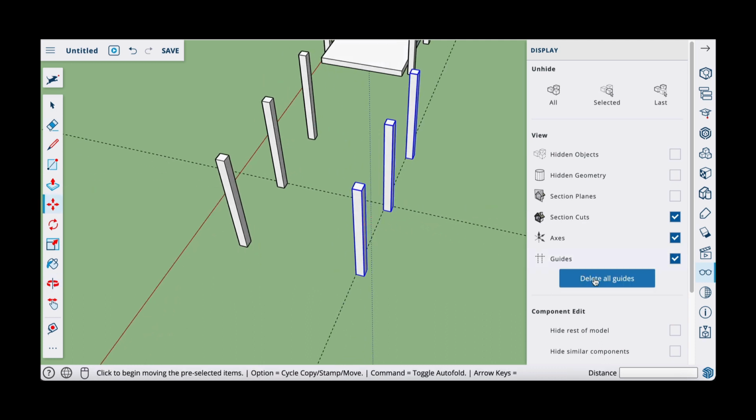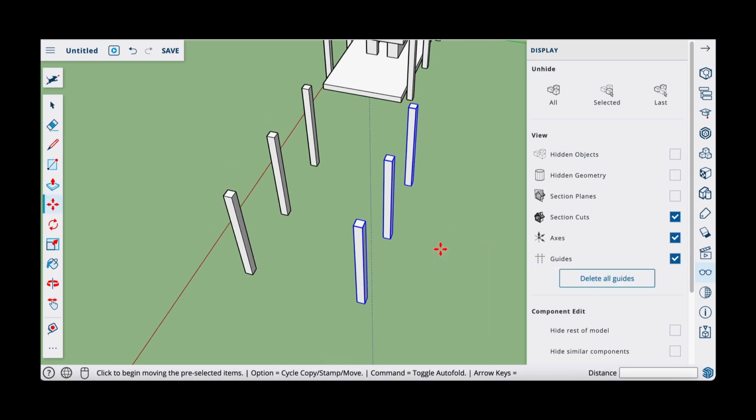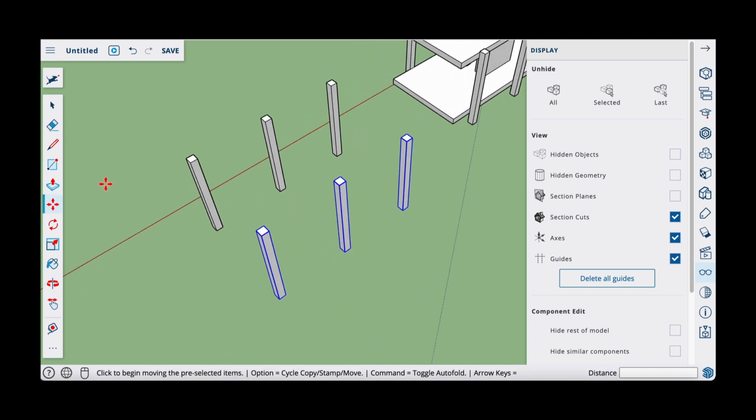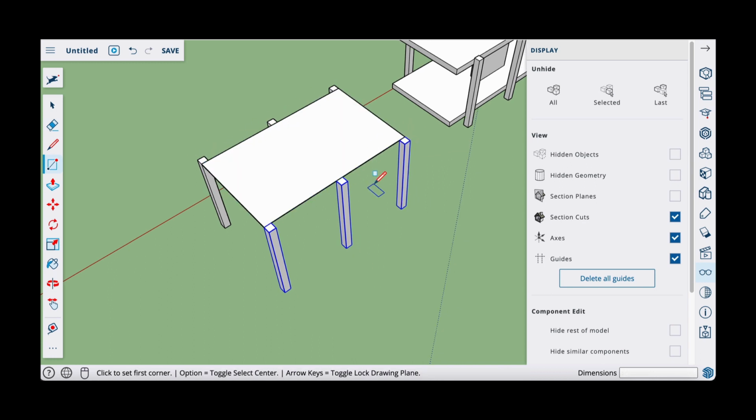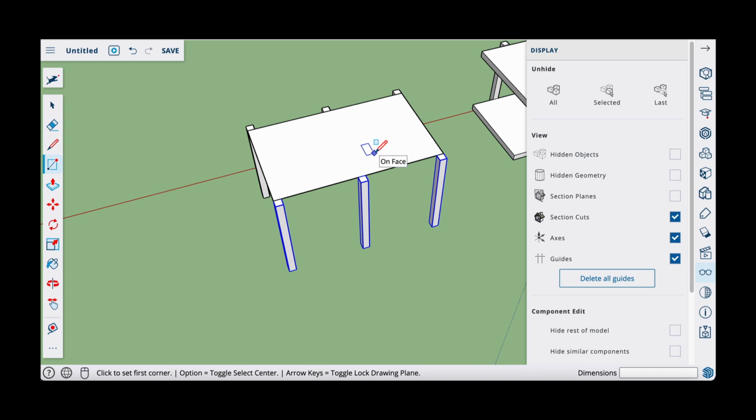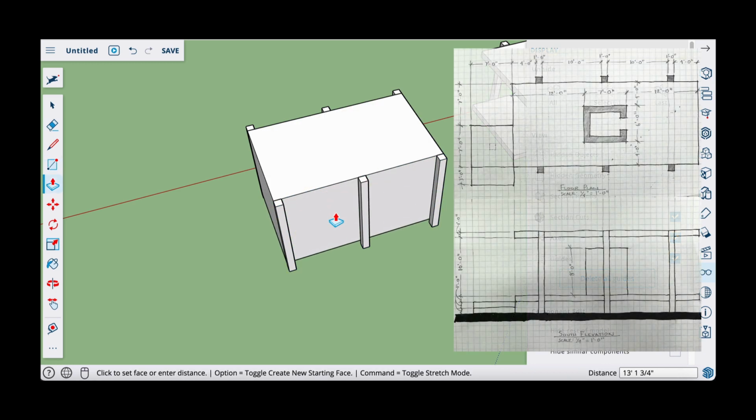And I'll click over here in the eyeglasses, the display panel, delete all guides. Okay, now the roof and the floor are identical. They're identical slabs, same thickness, same dimensions. So I'll start with the roof. The roof sits between the columns, so I'll just draw a rectangle from this corner to this corner right here. Okay, and I'll just push pull that down by 12 enter, 12 inches or 1 foot, because that's what